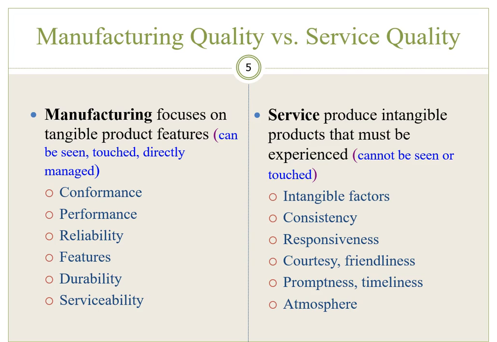Usually quality is also defined differently between manufacturing and service organizations. Now, we can take a look at this slide and understand the obvious reasons why. You have tangible versus non-tangible, right? Service versus manufacturing. Manufacturing organizations produce that tangible product that can be seen and touched and directly measured by the customer, which denotes a focus on the product features if you're a manufacturer.